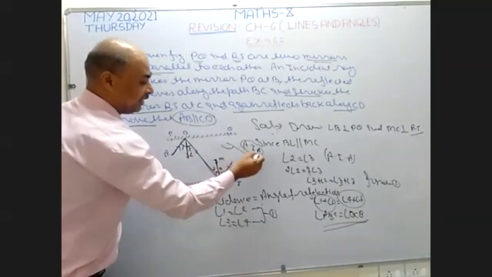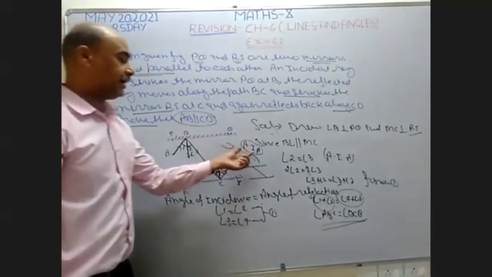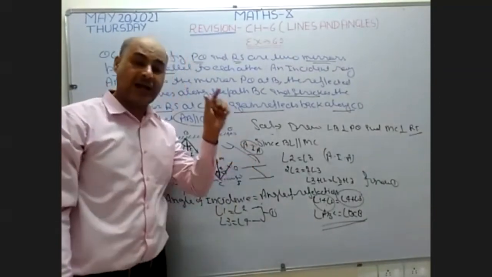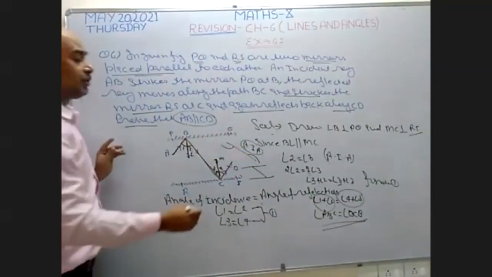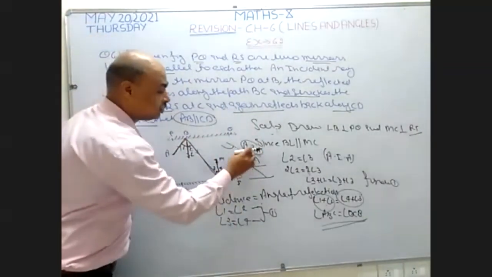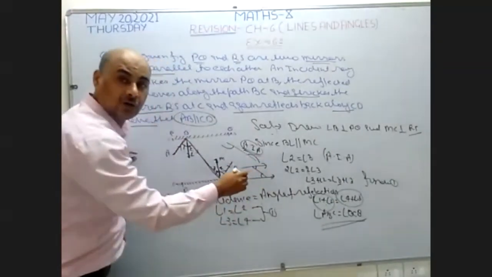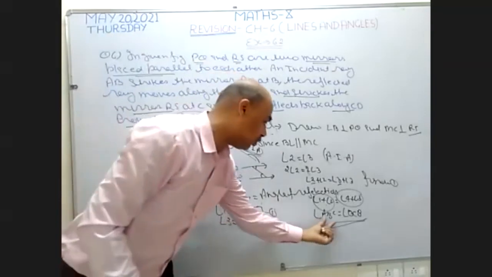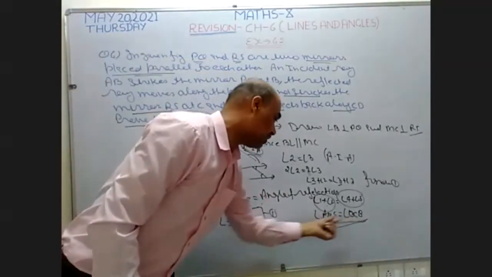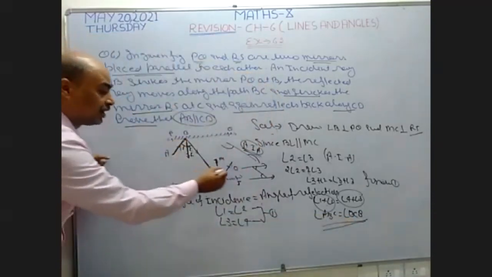And alternate interior angles are always made between two parallel lines. These alternate angles and corresponding angles are made between two parallel lines. If two parallel lines are there, then there is the possibility they can make alternate or corresponding angles. If I prove these two angles are alternate angles, it means these two lines become parallel. Okay, beta? Now in this question, I prove that angle ABC is equal to angle DCB. Since these are alternate interior angles, this is the reason these two lines become parallel.